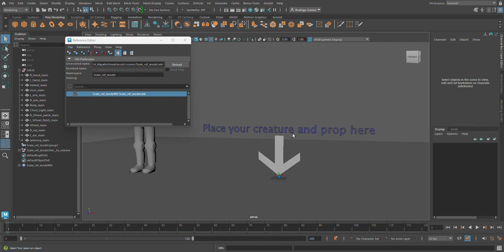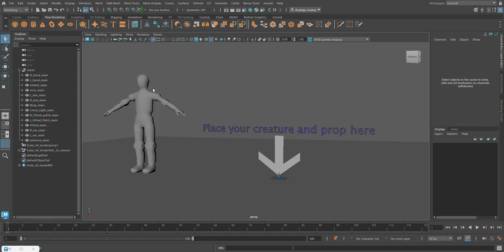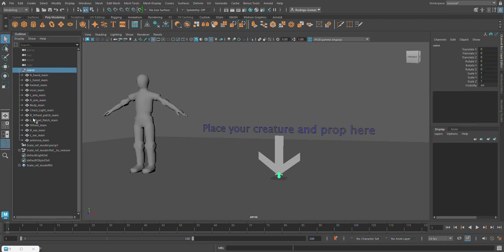So I'm going to now bring up. You see my reference scale is a lot bigger. So I'm going to go here, and I'm going to scale up my group, and I'm going to position it to the scale. I'm going to type up the value. In my case it was 9.28, I think was the value that I decided to scale it up to, so that it can match